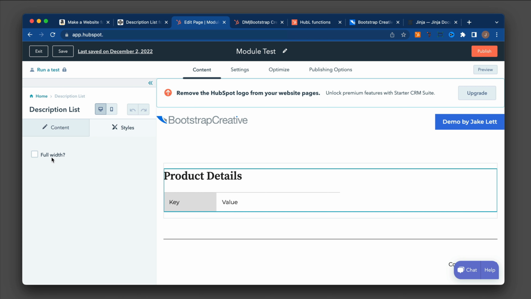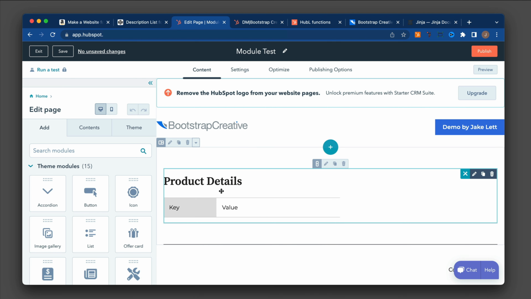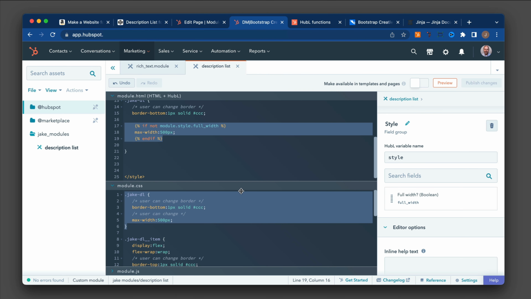And so now I have a checkbox. So you'll see that the max width is 500. But if I check this, it will go to full width. So I did something wrong. Let's see what I did wrong here.